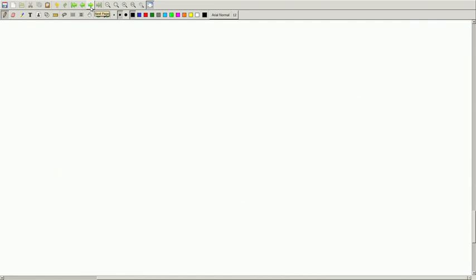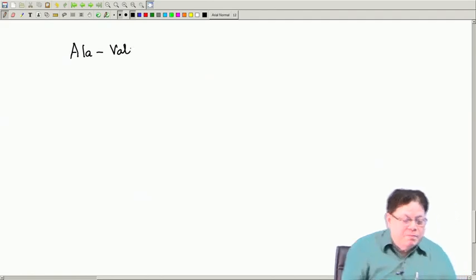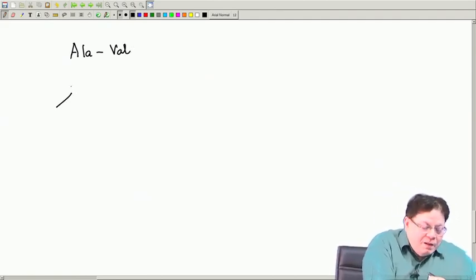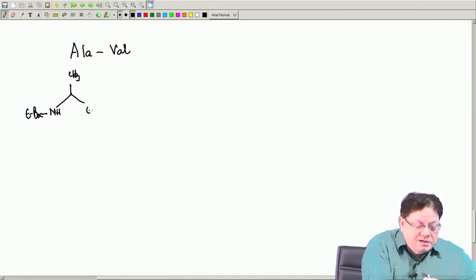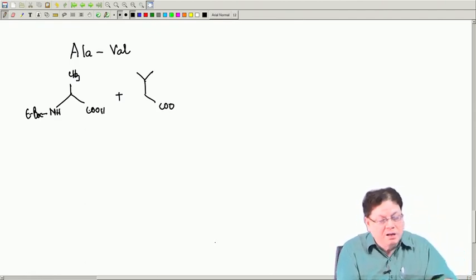Now, once we have the DCC coupling over, now I just write all the steps. Suppose I want to make alanine and valine, this dipeptide. So, what I will do? I will first take alanine and the alanine amine I will protect with, suppose I protect with T-Boc, and this acid is free, and then I take the valine where the valine carboxyl is protected. Which protection I should use? I should use the same protection